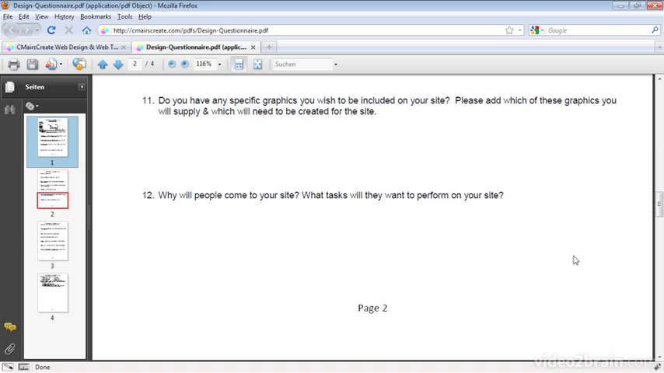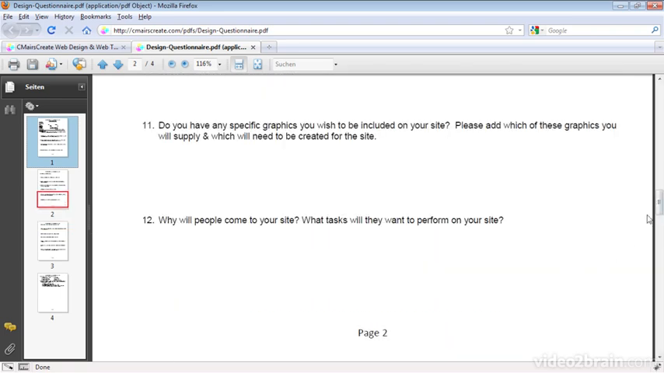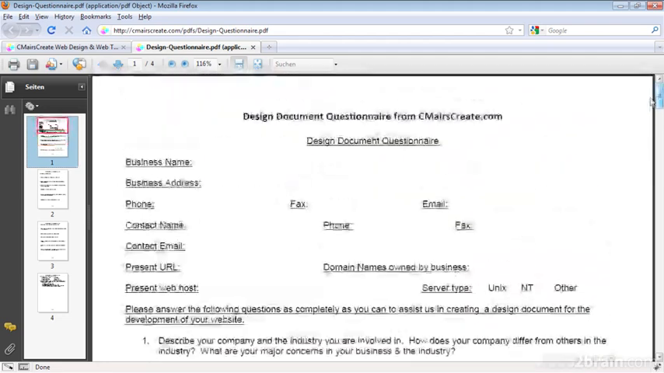If I have to create all the graphics and all the text for a website, it's going to take me a lot longer than if I can be provided that information. Therefore, the cost changes. So each one of these questions is an important one. I have continuously tried to narrow this down so it's not so long, but it just doesn't seem to work. If I remove one of these questions, then I end up having to add it in later or question them later. So this is a design document questionnaire, I call it, and it's something I've put together over the years